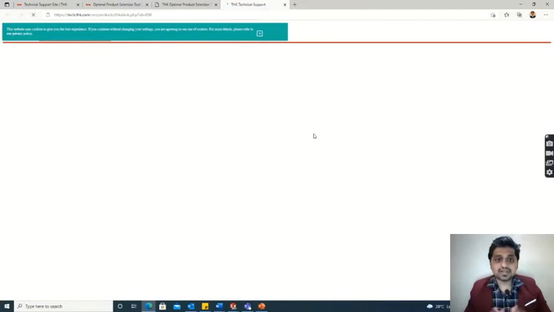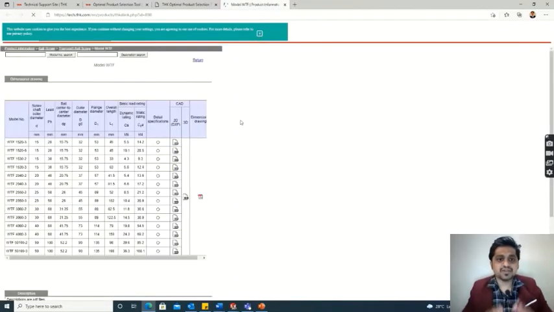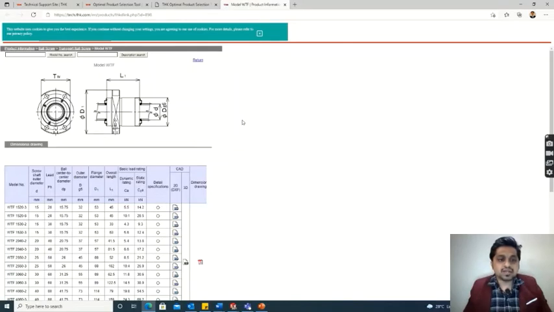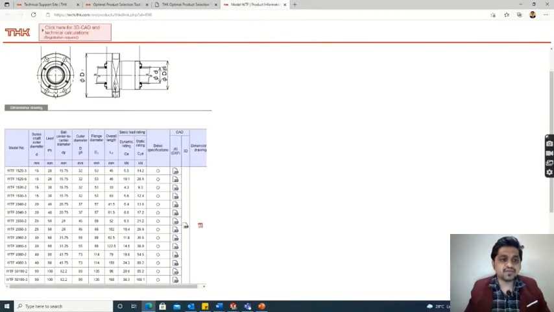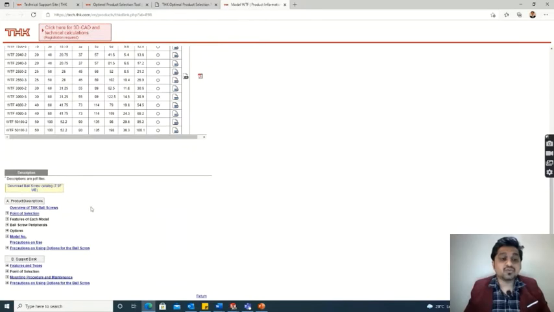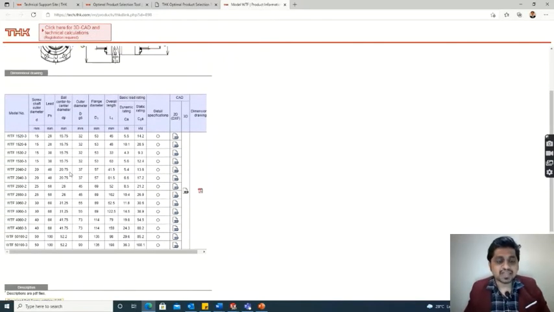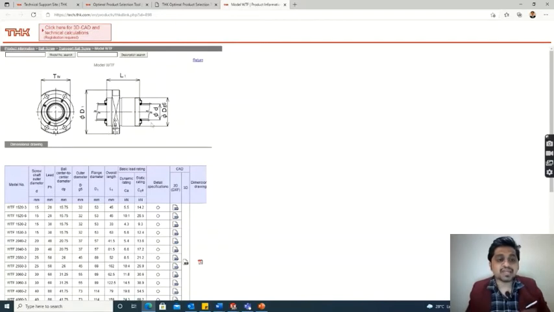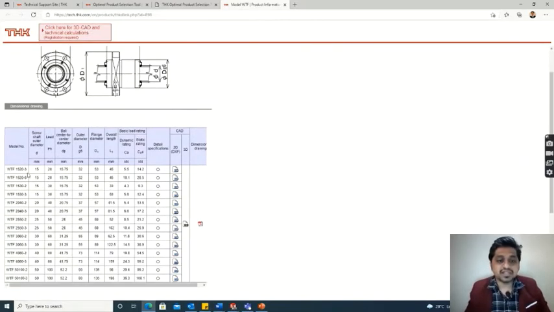option available. Just hit on the product catalog. As soon as you hit on the product catalog, it will show the information. You can see the pictorial view and a chart below it. According to our model, we can see the dimensions for its mounting and other purposes. Then there is a 3D CAD link also available. The lead and other parameters, outer diameter, flange diameter, overall length, and basic load rating are all given. We have 2D CAD and 3D CAD files.